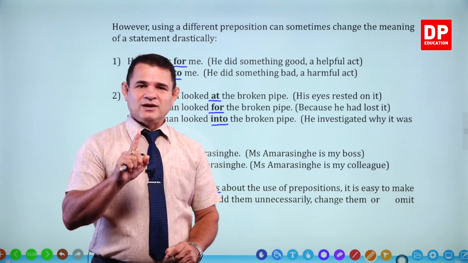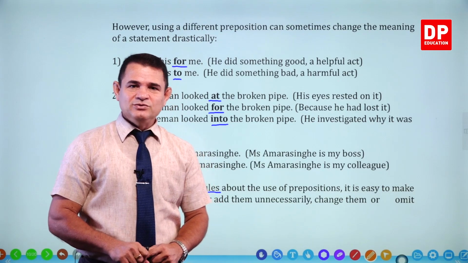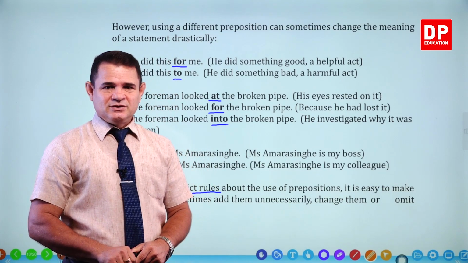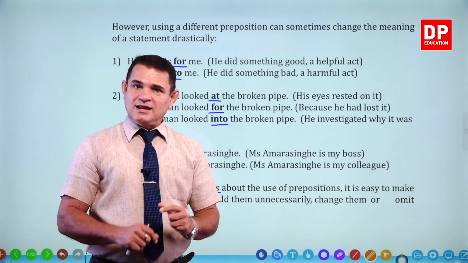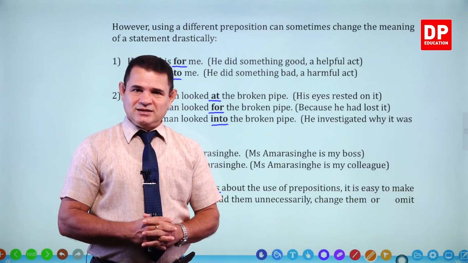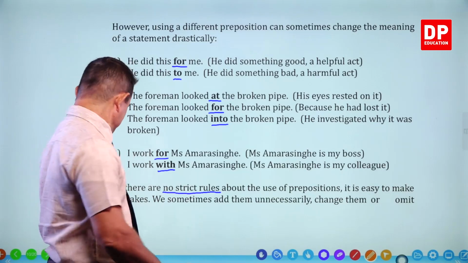So you have to be very careful in using prepositions. So study this part again and again. එහෙනම් මේ කොටස නැවත නැවත බලන්න. එතකොටයි මතකෙ හිටින්නේ. Next one,